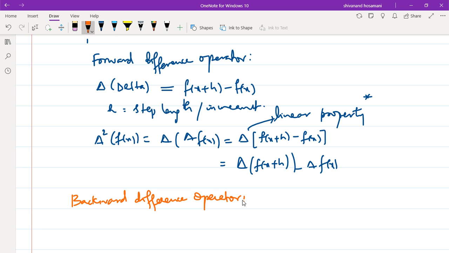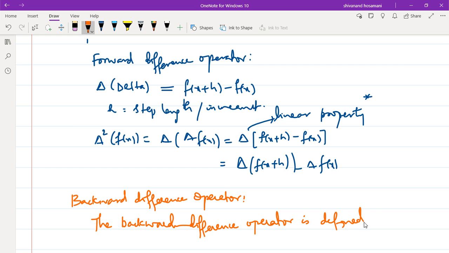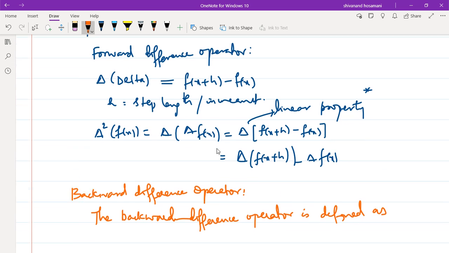So as we have seen the forward difference operator, similarly the backward difference operator can be defined as the reverse of the forward difference operator. So we are going to define the backward difference operator. It is just a reverse of forward difference, and is defined as,